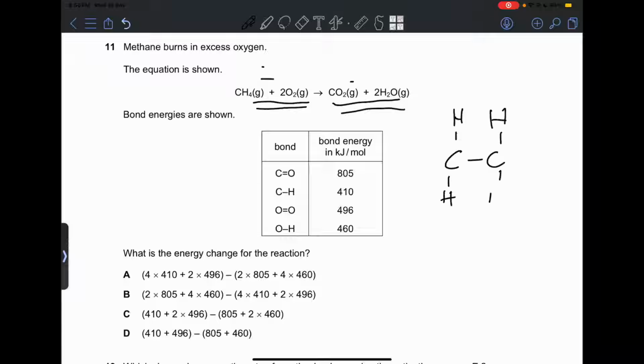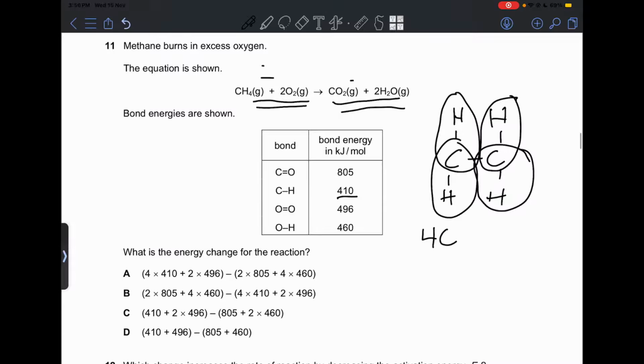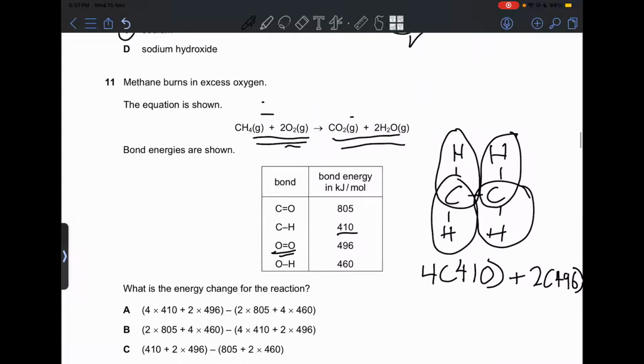So we have just like this. We have 4 of the CH bonds, because the first one is this bond, and then this bond, and this one, and this one. So you're going to multiply 410 by 4, because we have 4 bonds, and also we have 2 oxygen bonds, which are double bonds. So you're going to be multiplying 2 by 496. You're going to be calculating that on your calculator, and we're going to do the other side over here,